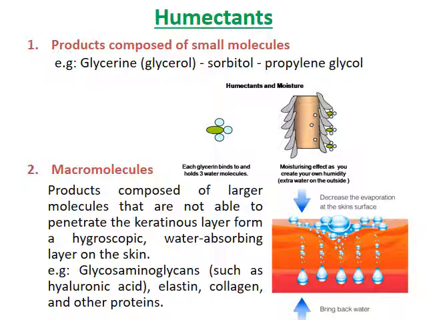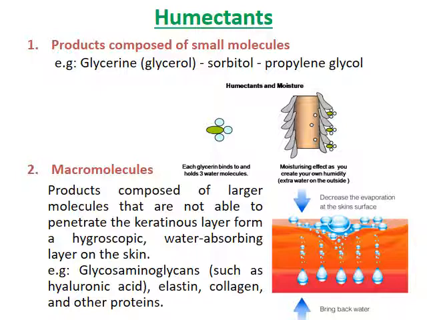What about the macromolecules? Macromolecules are composed of larger molecules that are not able to penetrate the keratinous layer. Instead, they form a hygroscopic water-absorbing layer onto the surface of the skin, like glycosaminoglycans such as hyaluronic acid, elastin,